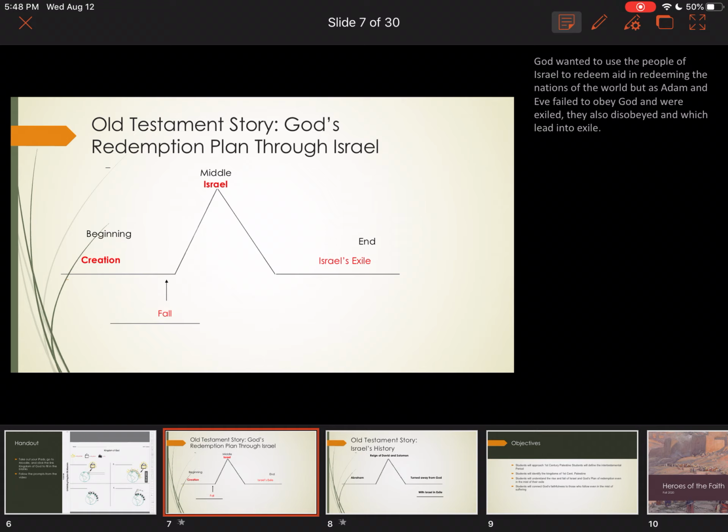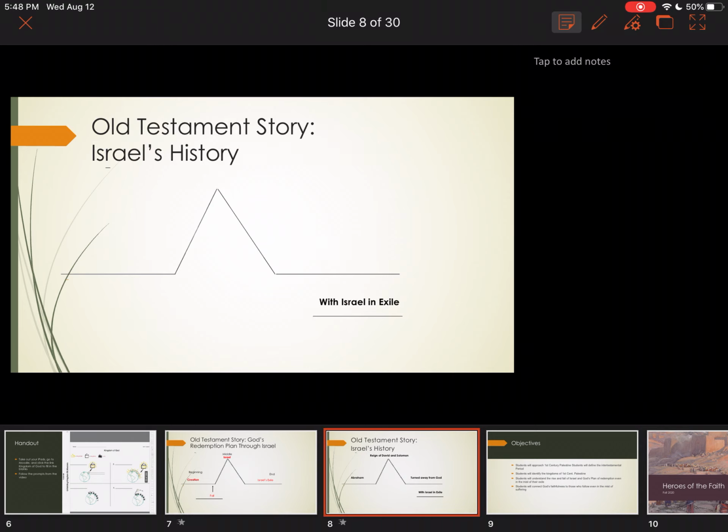So, there we go. Now, we see this pattern again too. In the next slide, we have Abraham. Abraham didn't know who God was. God came to him and revealed himself to him, and Abraham followed him. And so Abraham's descendants grow into a kingdom. And so we see that the pinnacle of all this was David and Solomon's temple. David was God's right-hand man, God's second anointed king. Solomon failed, and David took over and became God's right-hand man who followed God. It was a man after God's own heart.